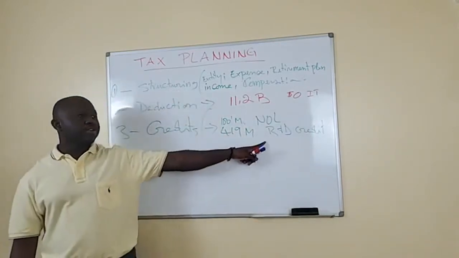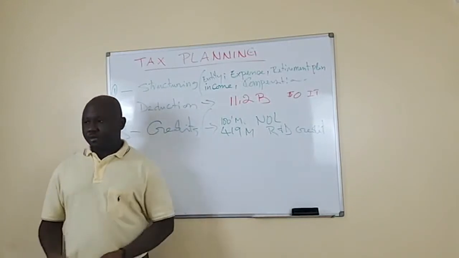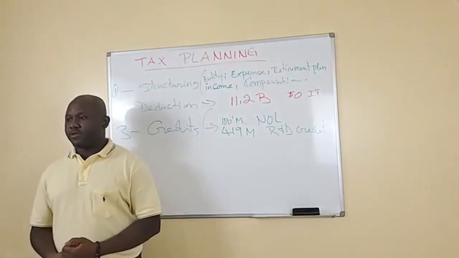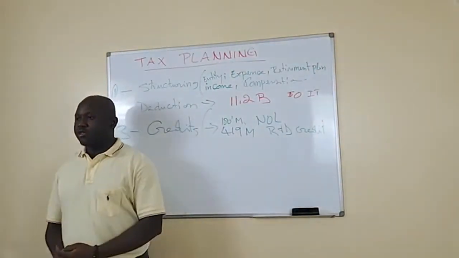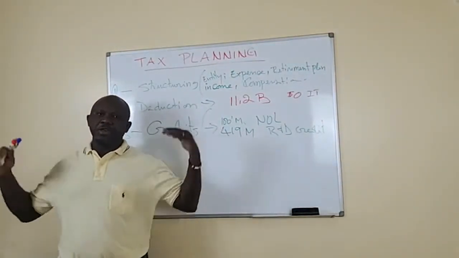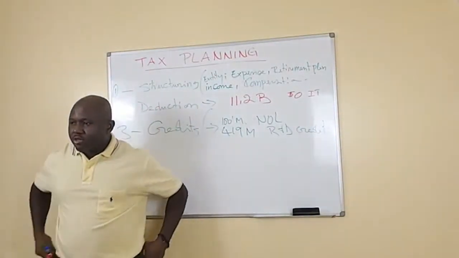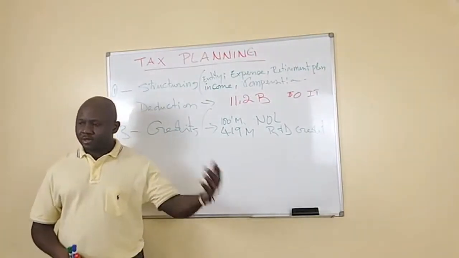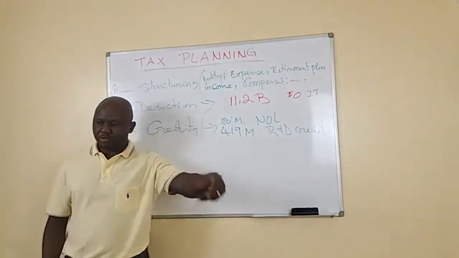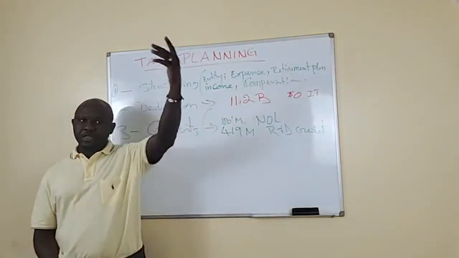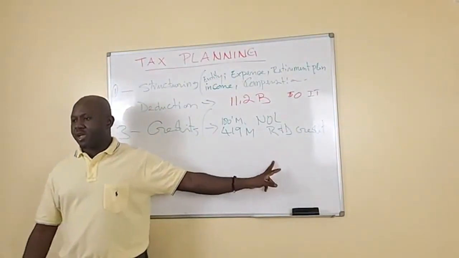R&D credit, research and development credit. Amazon took 419 million on research and development credit. Why? Because the team of CPAs and big accounting firms knew that Amazon is in the tech industry. So they focus not on making profit today, but on making more profit next year, so they focus on research and development. That's why they have developed everything that you see out there.